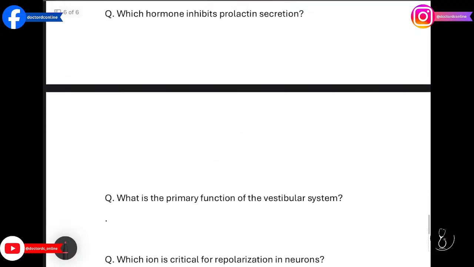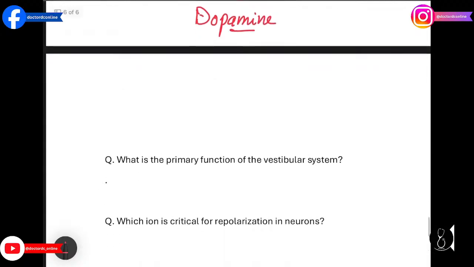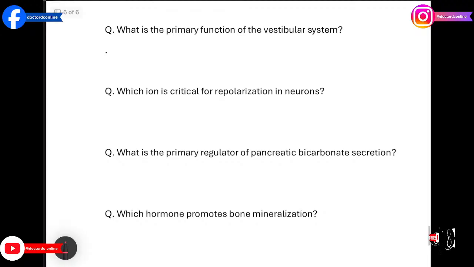The next question is which hormone inhibits prolactin secretion, and the answer is dopamine because it acts on the pituitary to suppress prolactin release. The next question is what is the primary function of the vestibular system, and the answer